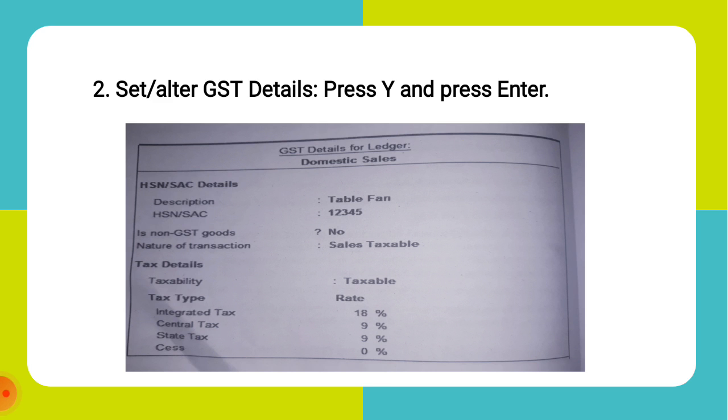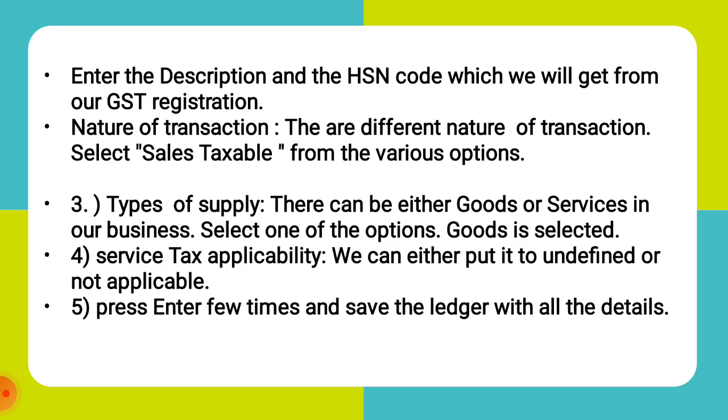Next one is nature of transaction. That means there are different natures of transaction. Select sales taxable from the various options. For sales inside the state, select sales taxable, exempt or nil rated. For sales outside the state, select interstate sales taxable, exempt or nil rated. Similarly, select a particular transaction type as per our business. Finally, set the tax rates under the option tax type as shown in the picture above, then press enter to